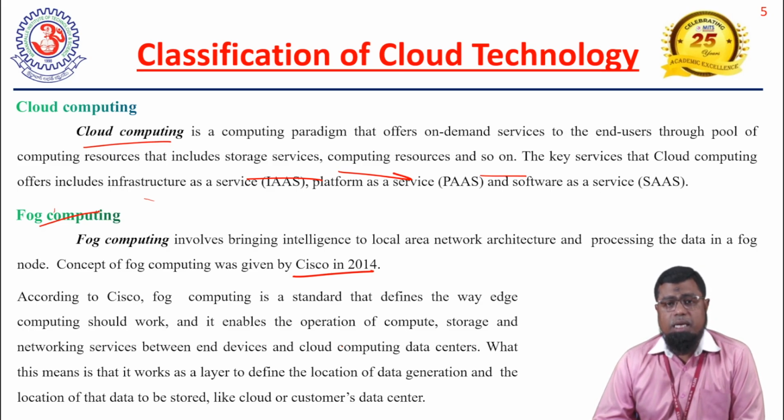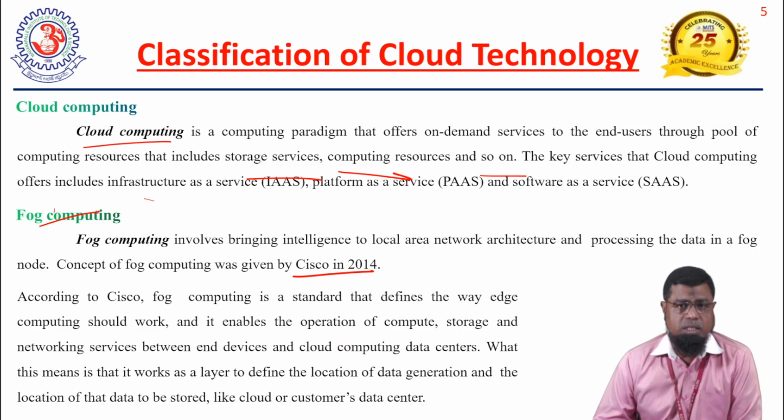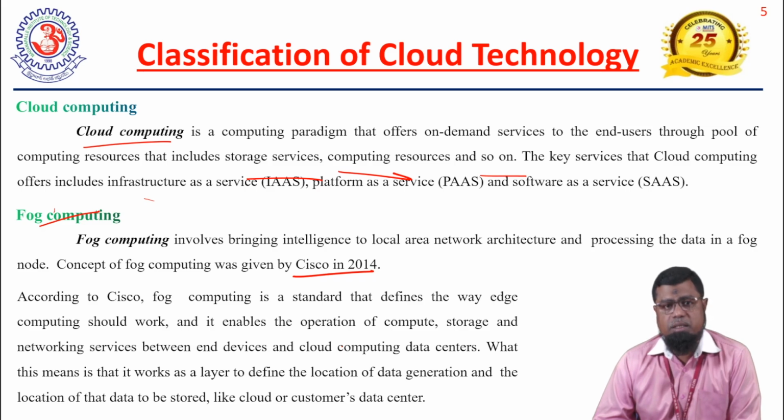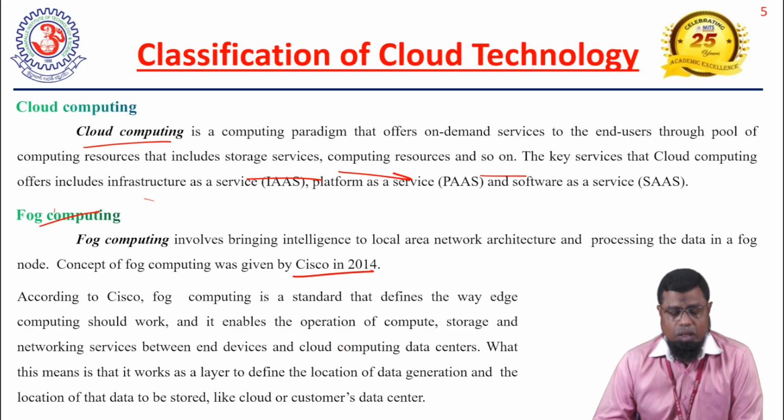We are calling it edge intelligence. There are two types of intelligence. When we are adding artificial intelligence in the edge layer, it is called edge intelligence. When we are adding artificial intelligence to the IoT devices, we are calling it intelligence at the edge, or at the end users. So there are two types of intelligence in the network.